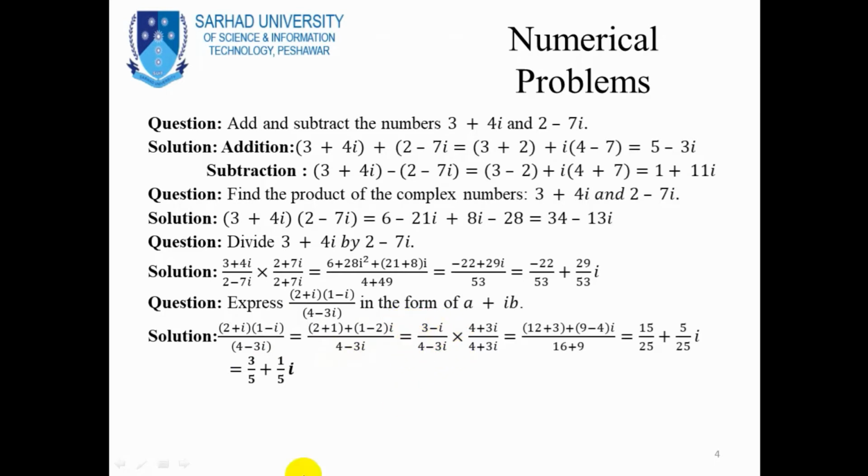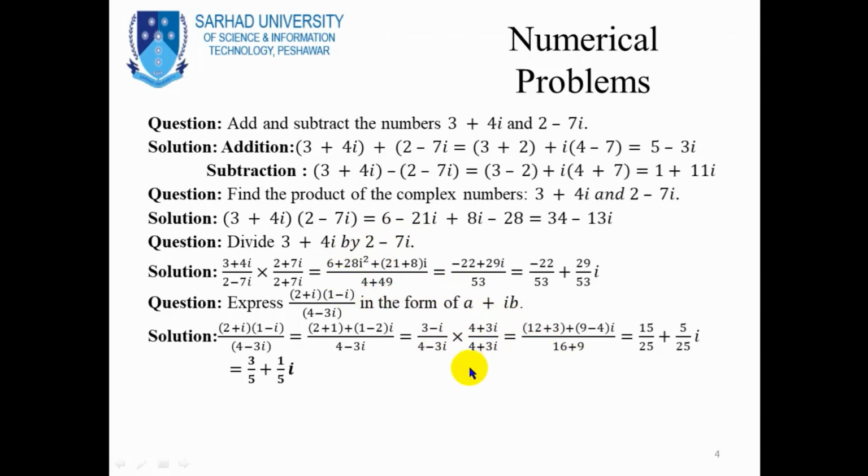Now this is actually the division of two complex numbers. So for the division of two complex numbers, we take the conjugate of the denominator, 4 + 3i, and multiply by 4 + 3i. So multiplying 3 - i and 4 + 3i, we obtain 12 + 3 as the real part after multiplication, and 9 - 4 times i as the imaginary part. And in the denominator, we have two factors, (a - b)(a + b). So by a² - b², we obtain 16 + 9, like in the previous problem.